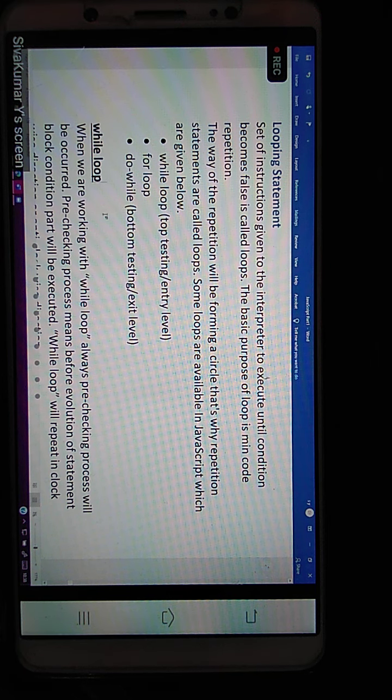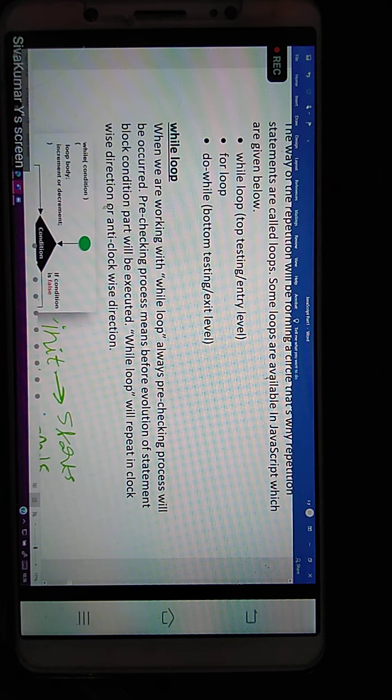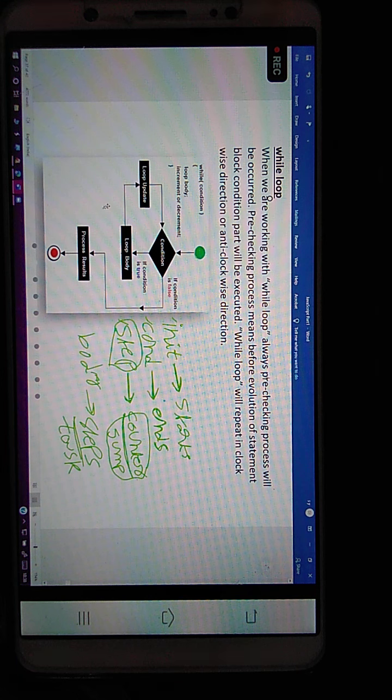First we are starting with the while loop. While loop, for loop or do while loop, any type of loop, the purpose is the same. The ways of writing are different but not the purposes. While loop is for repetition only, do while loop is for repetition only, for loop is also for repetition only. No special things. But from one loop to another, the writing style is different. Now the while loop syntax and execution order.